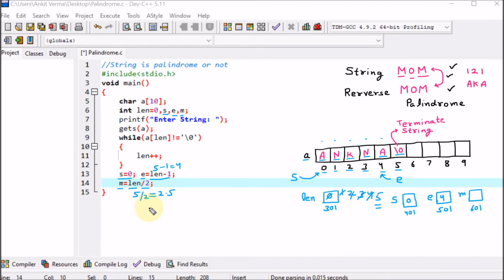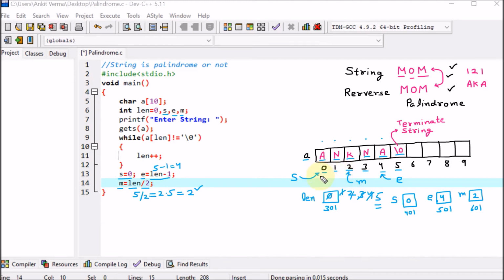We are assuming that our system is taking the lower bound value. So here it is taking 2 right now. So understand that this 2 will be stored in m. So here it will be 2. Now assume that hypothetically there is one variable m which is pointing to the middle of the block.